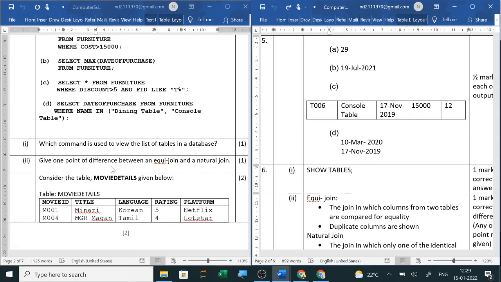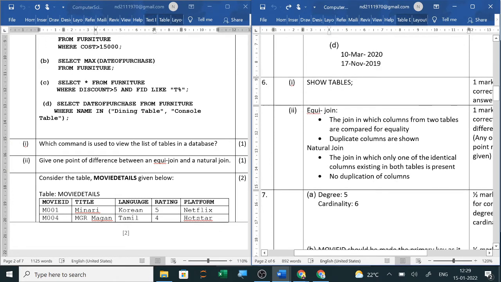Next, give one point of difference between an equijoin and a natural join. Equijoin can have a primary key and foreign key different in the main table. But natural join has normally primary key and foreign key as the same, and naturally it is joining, so no duplication is there. So here you can see the difference between equijoin and natural join.